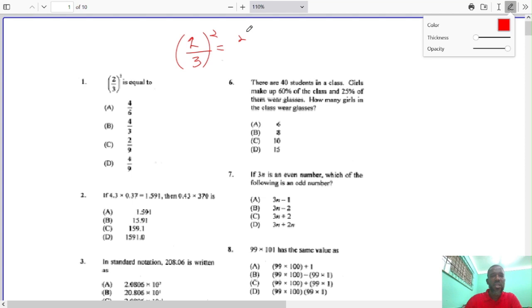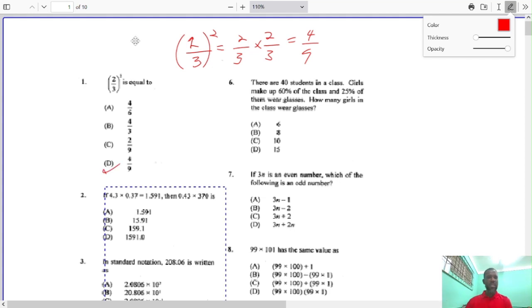Whenever we're multiplying fractions, we multiply numerator times numerator and denominator times denominator, so we end up with 4/9. So our answer here is D. Now, for the second question, it says that